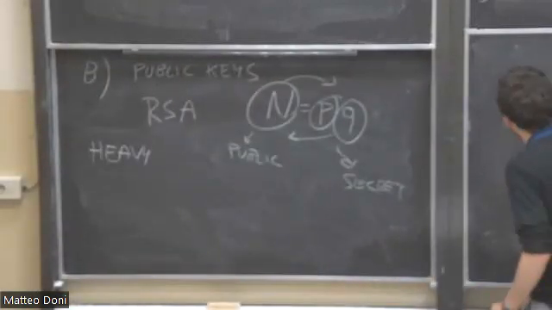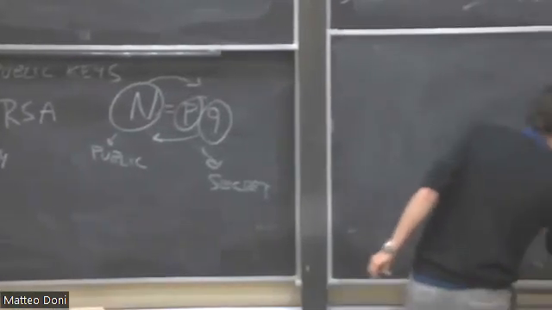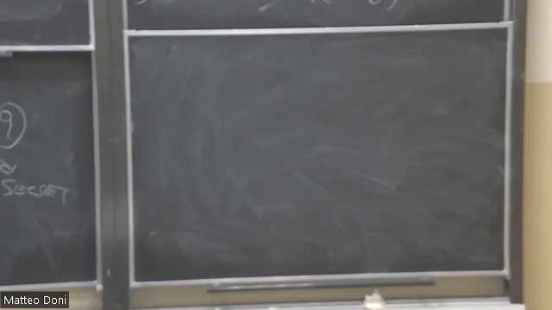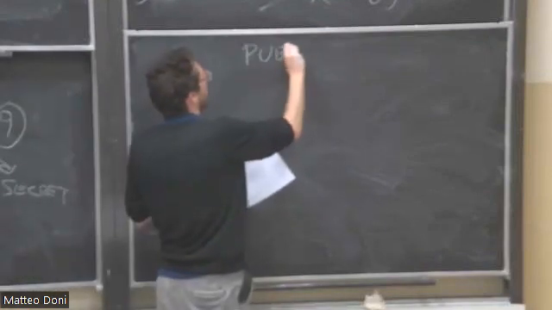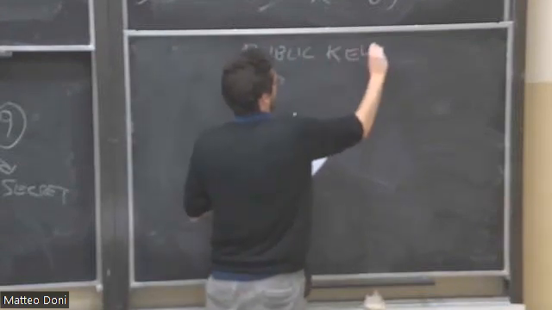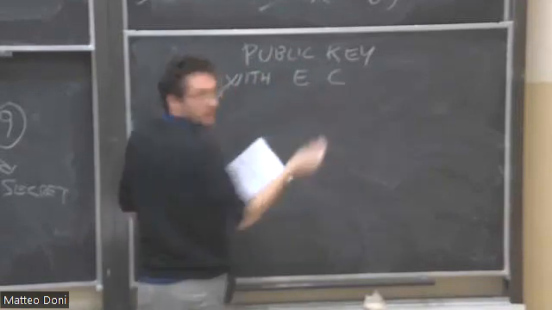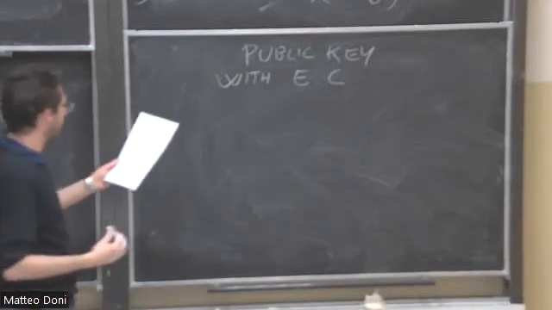And what several people did, I think at the end of the 90s, and probably also involving people like Koblitz, so very big names of elliptic curves, was to define a public key system with elliptic curves. So instead of just using an integer and looking for its factorization, the problem now is